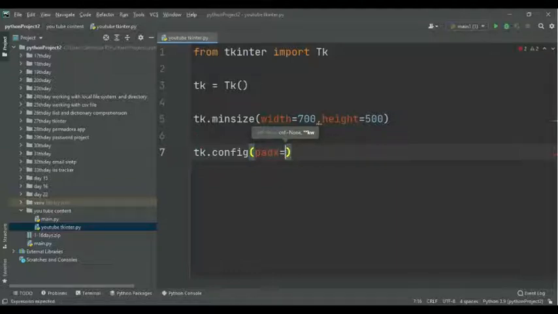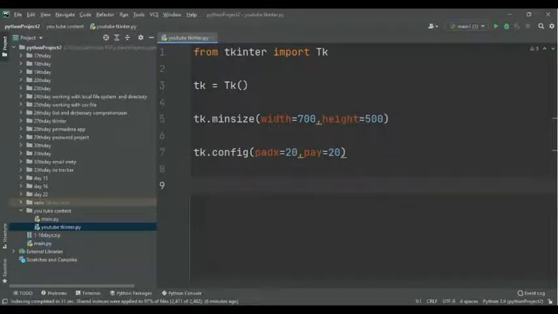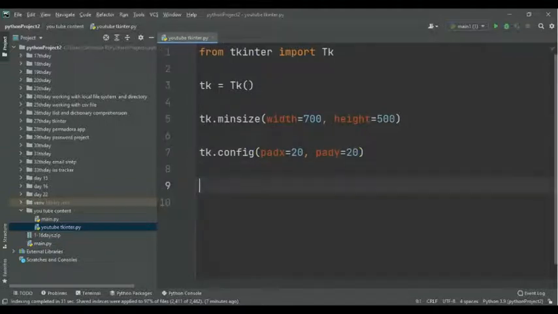The padding is just 20, with padx and pady for the x-axis and y-axis, how much padding you should give. 20 is a good number for padding, and in most cases you can give 20. After running the program, you can remove the padding and watch how the program looks, then implement the padding and see how it looks. Then you will notice the change: the screen gives more visibility.